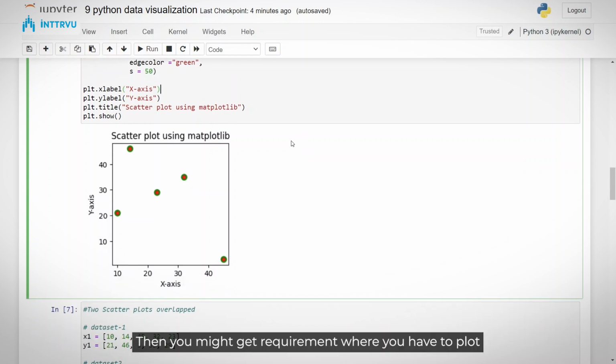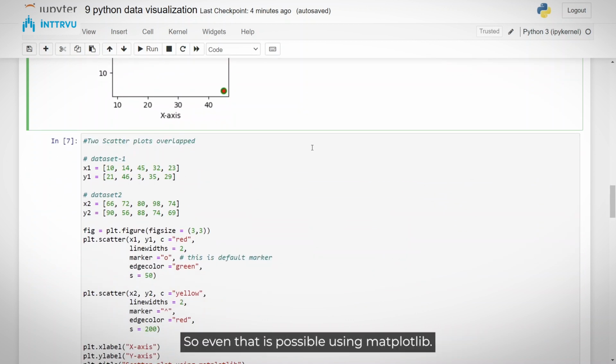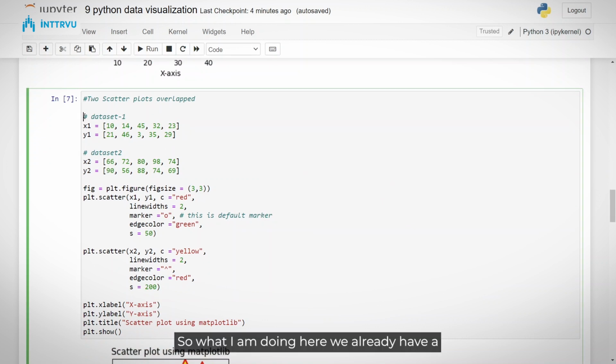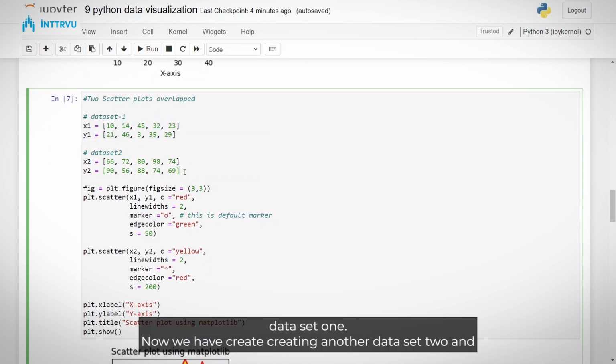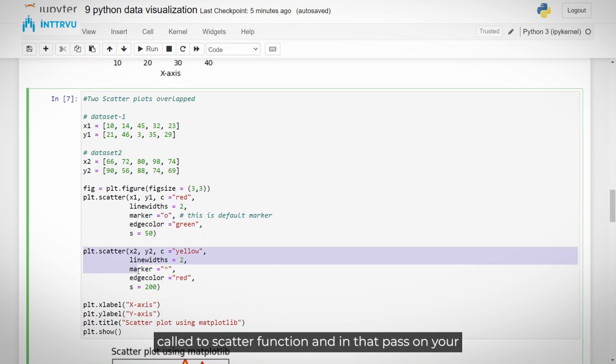Then you might get a requirement where you have to plot two scatter plots in an overlap manner. So even that is possible using Matplotlib. What I am doing here, we already have a data set 1. Now we are creating another data set 2, and to overlap those two scatter plots, what you have to do is simply create another scatter function call, and in that pass on your